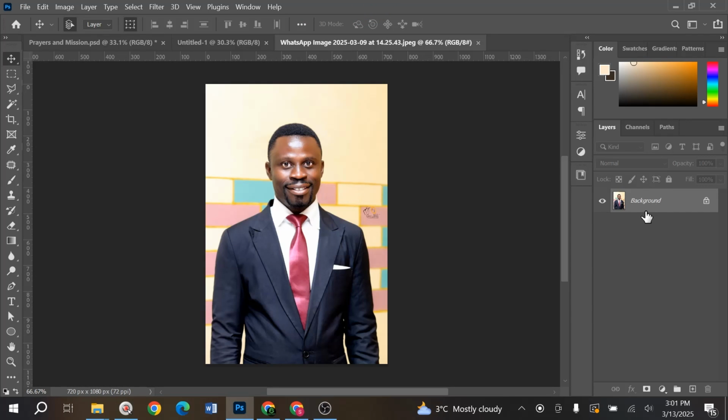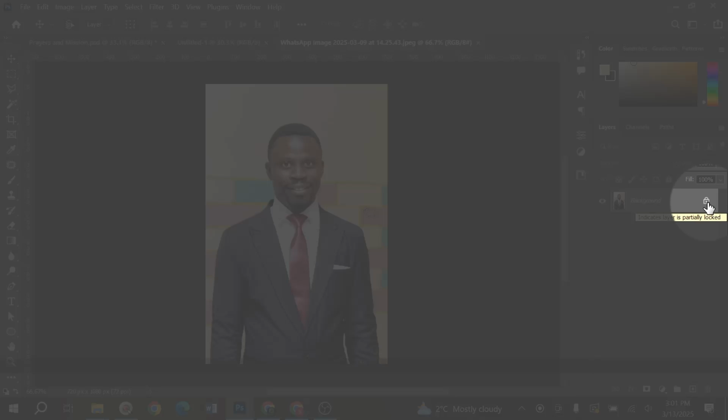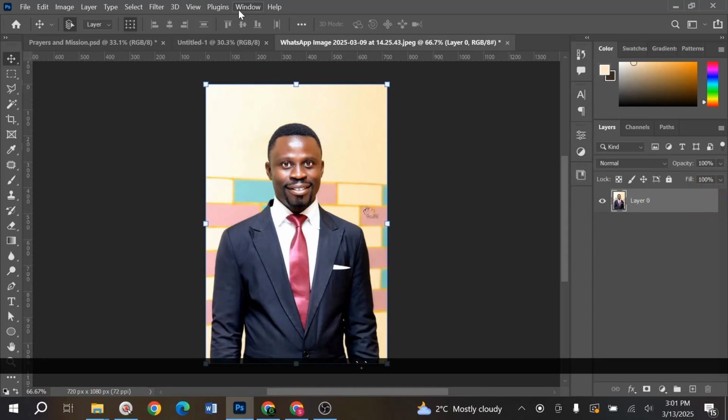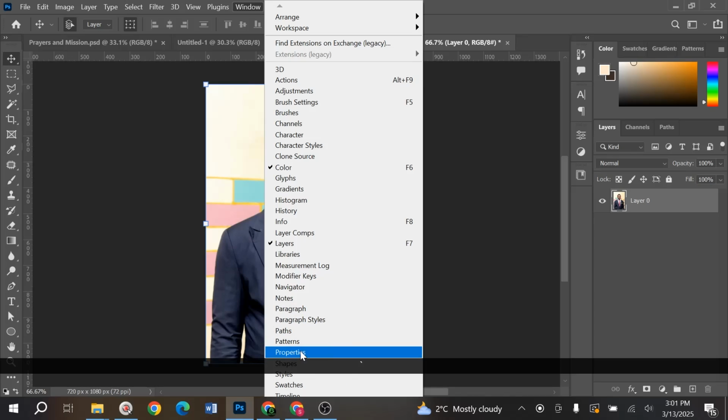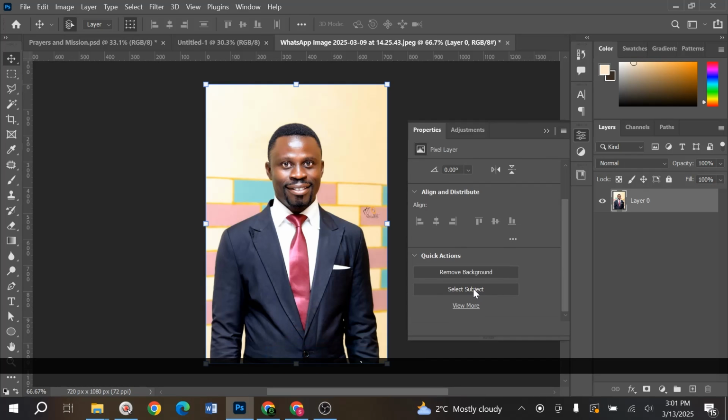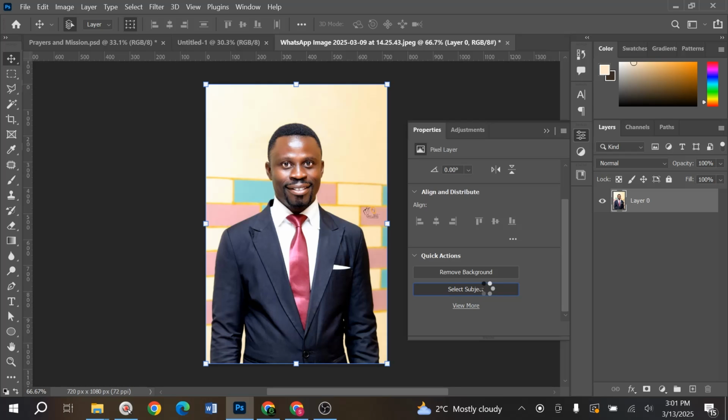Let's try to remove the background of this one. So I will click on this, okay, to unlock the background. Then I will find my properties, go all the way down, and then I'll click on select subject. Wait for it to load, okay, and you are going to have access to this. So we are just going to